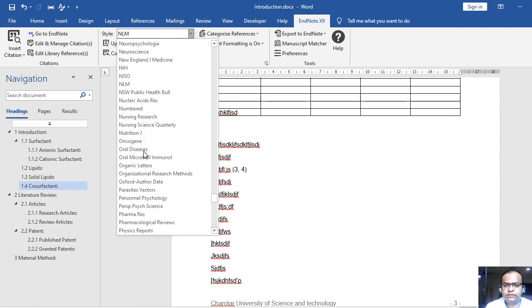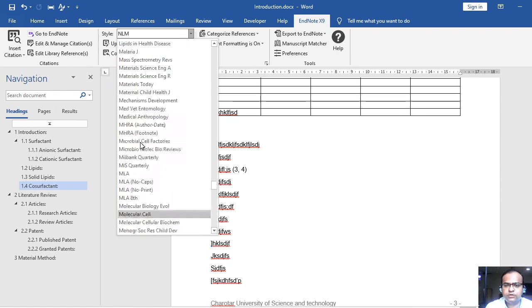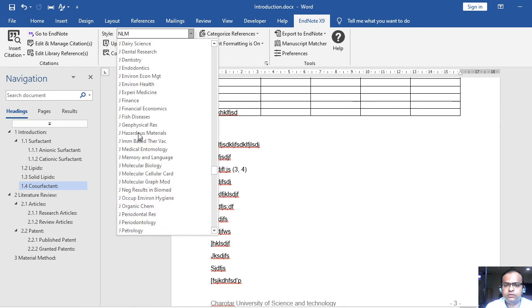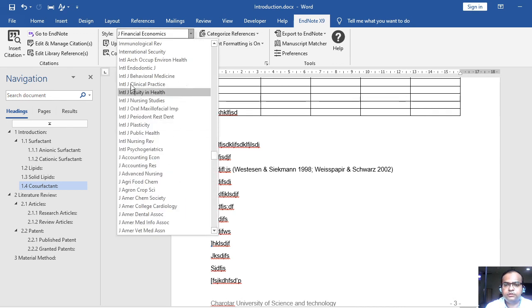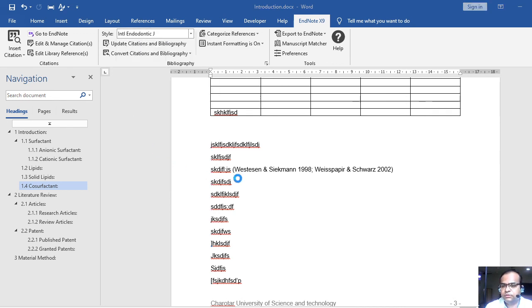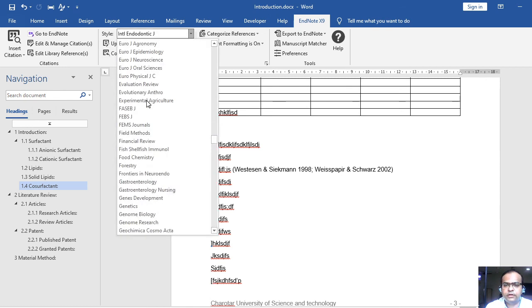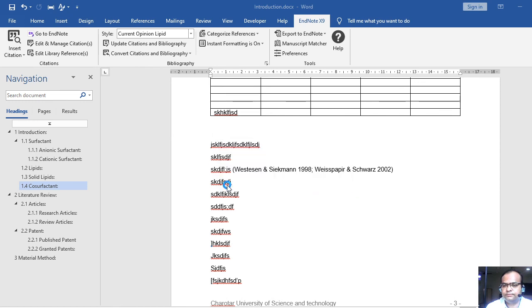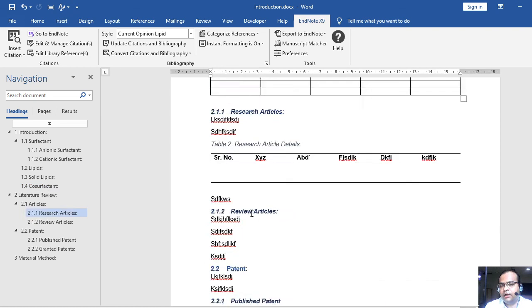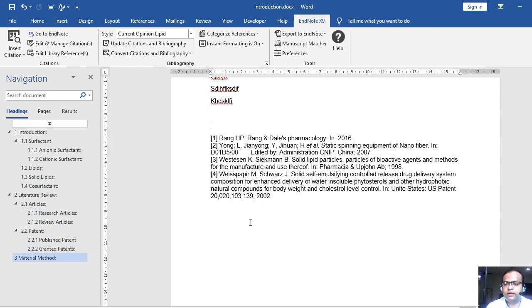But it is pretty much understood that you can easily select, see, this is how you can change the journal style. This is in square bracket formatting, right? And accordingly its references get updated.